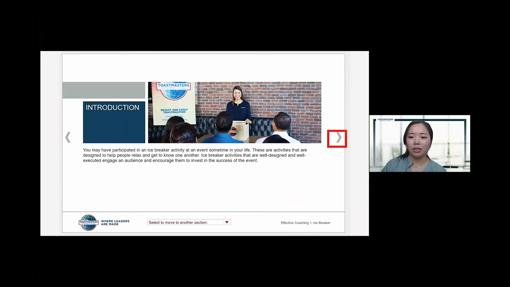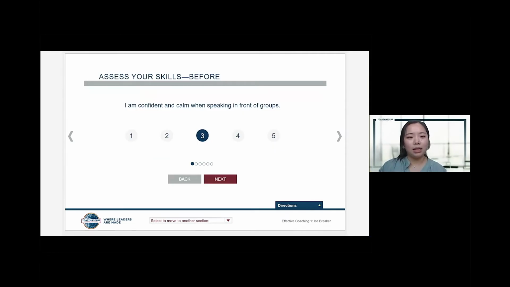There are a lot of pages, and you click this gray arrow on your right side. All the paths have this access your skills before and after. I've seen a lot of cases where people just click the green arrow, and then there's no completion.